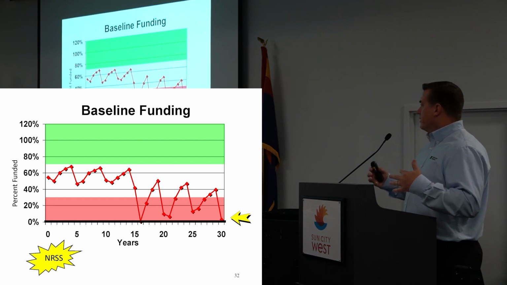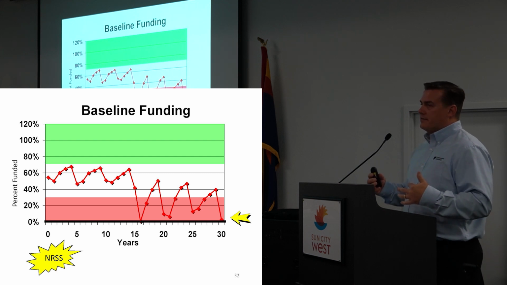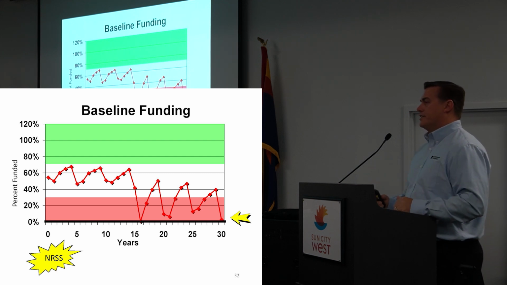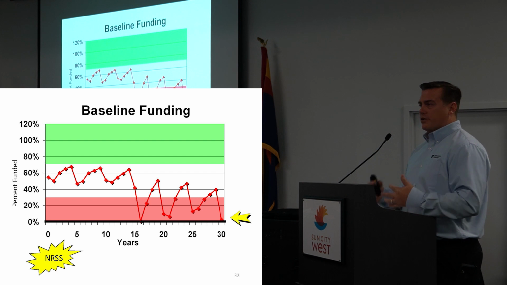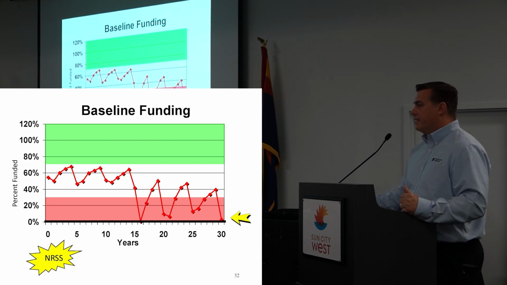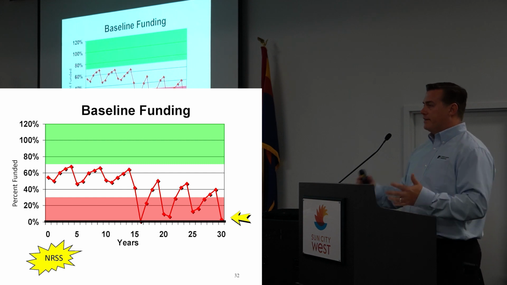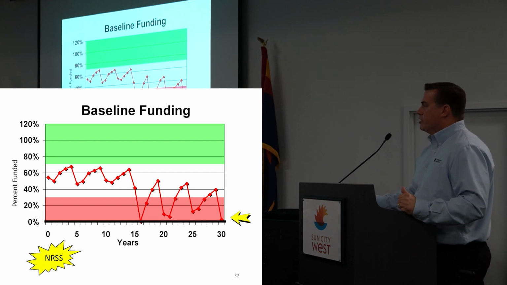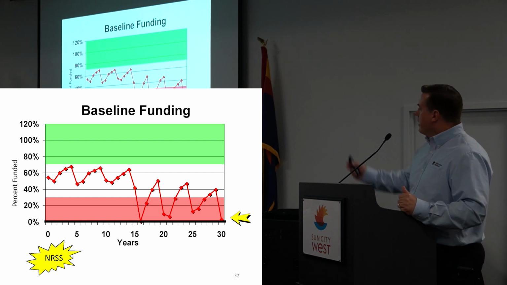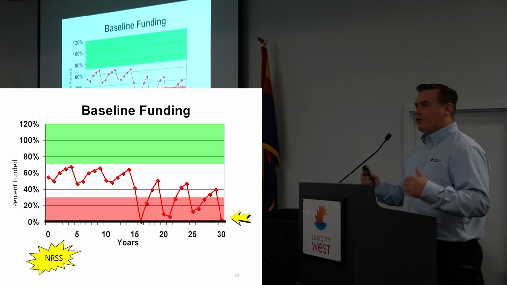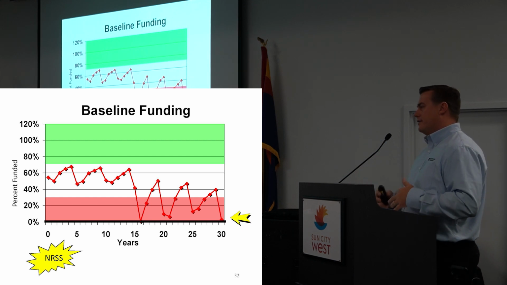Now, although the goal is just to barely remain cash positive, a baseline funding objective is still supposed to provide adequate funding so that reserve projects can get completed on time. It's not building in deferred maintenance and delays. But notice by following this objective, there's about 9 years in there where the association falls into that weak, high-risk